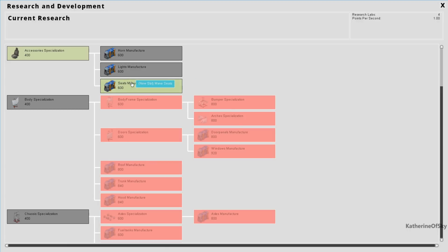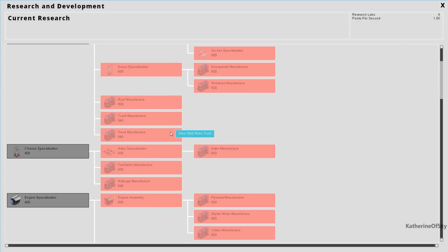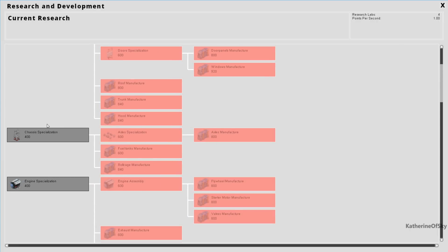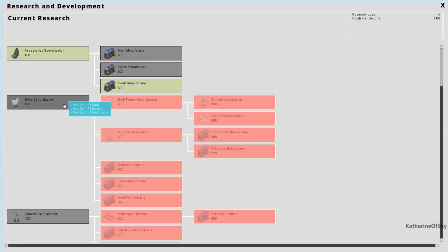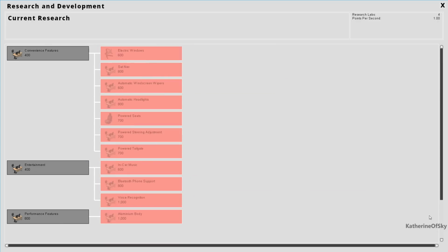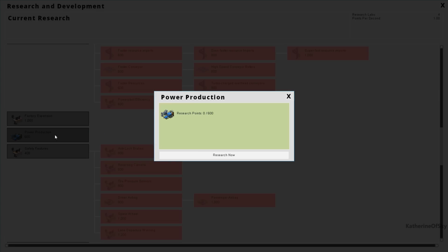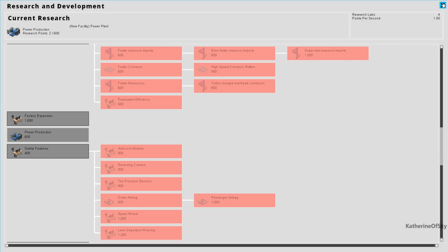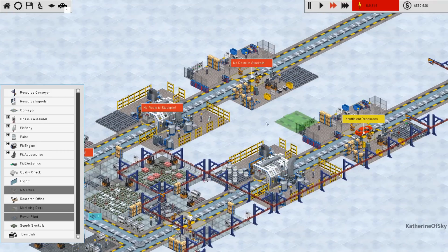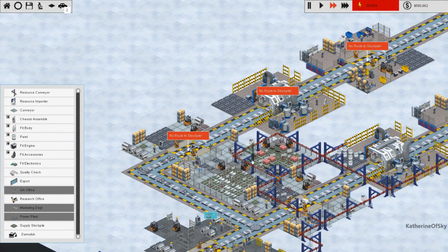So we just got the ability to manufacture seats. This is good. Okay, let's go to the chassis. No, let's do the body specialization. Oh, no, you know what? Let's research power plants. Since I mentioned that, let's go for that. Power production. There we go. Research now. Okay, so our little research guys are going to work on this. And we will work on getting